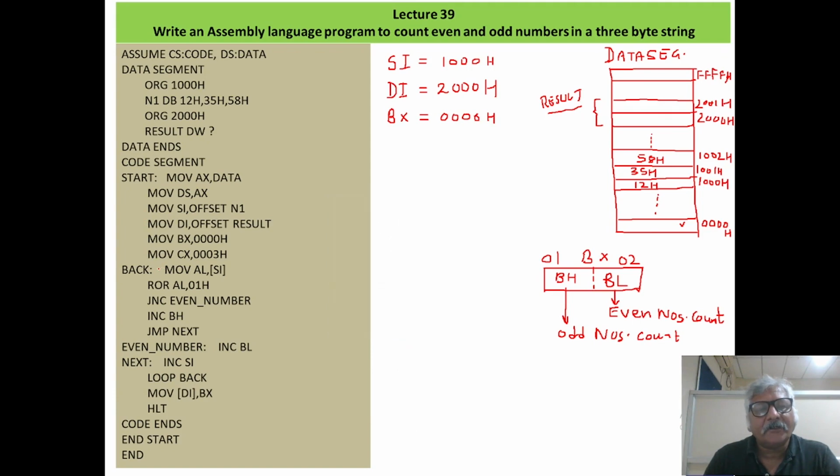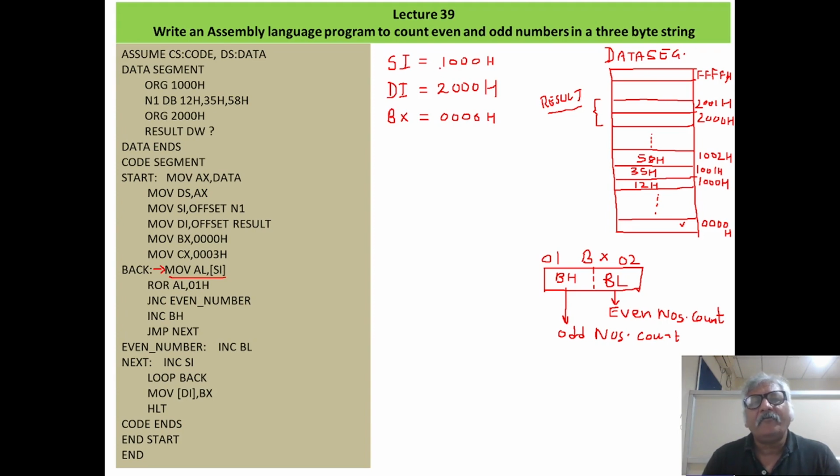So next instruction is this, MOV. Before this instruction I have written a label BACK, I will come to this afterward. Just now you just see this instruction, MOV AL, [SI]. So what this instruction will do, whatever is in data segment at the memory whose offset is given by SI register, that will be moved in AL.